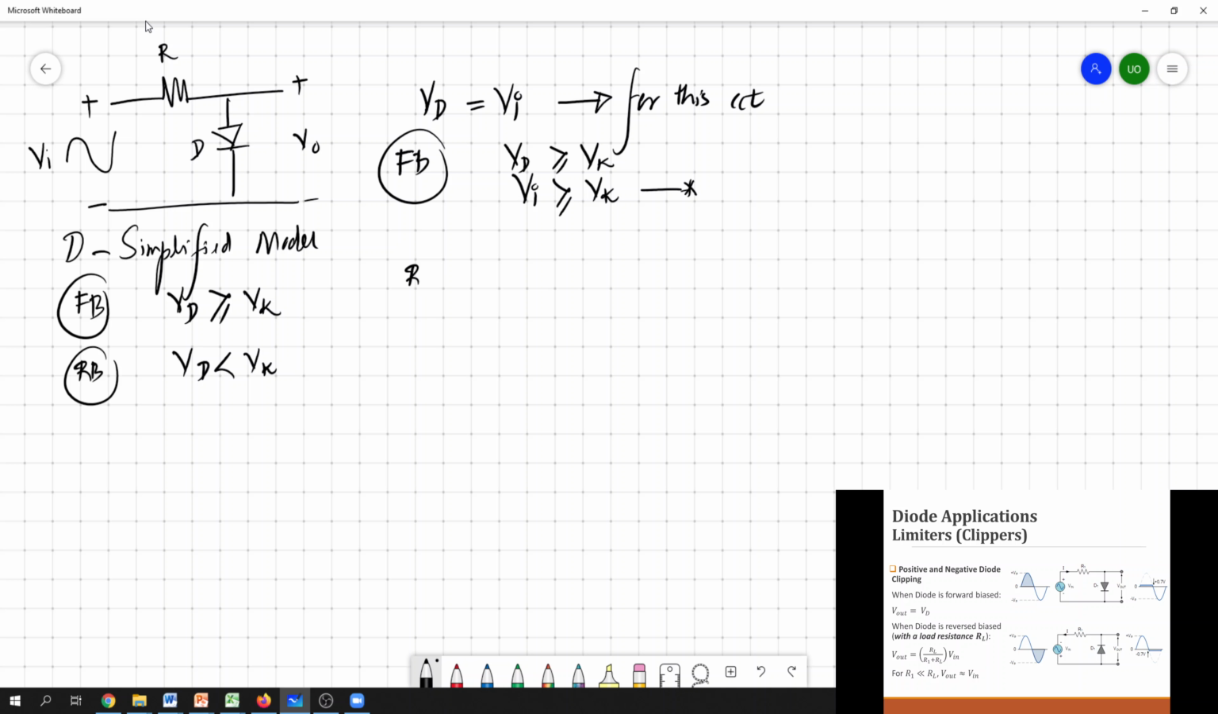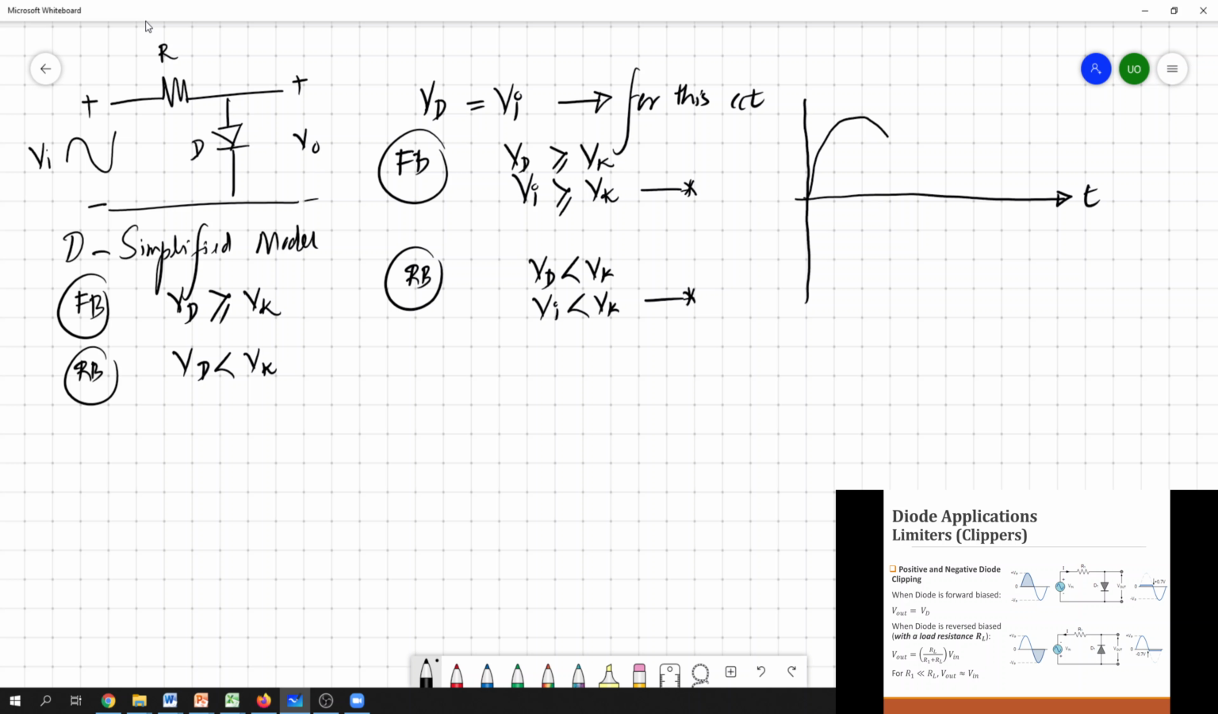Similarly, you can find the condition to make this diode reverse. So then your input is less than Vk. So these are the two conditions that the circuit needs to maintain to make this diode forward bias and reverse bias respectively. So then we'll draw the input signal, because now we know that